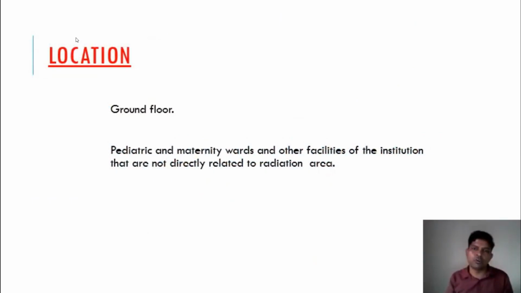It is supposed to be on the ground floor or minus, minus means underfloor, to avoid any unnecessary exposure at ground level. If you keep it on the first floor or the second floor, you need to protect all the areas. Shielding is supposed to be in all 360 directions. That's why if you keep it on the ground floor, the lowest one, you need not worry about the ground, only about the other directions. Where a pediatric or maternity ward is there, it should not be installed in that area. It should be away from the